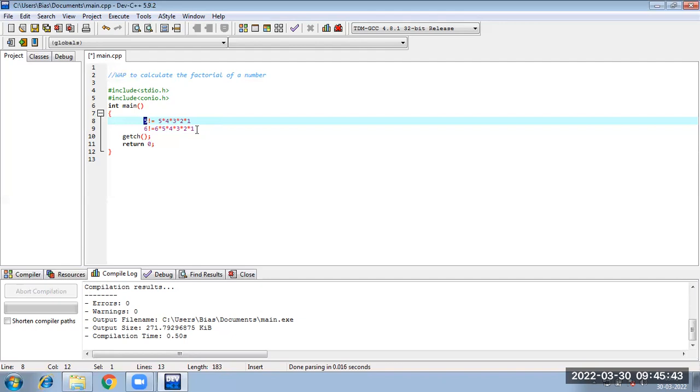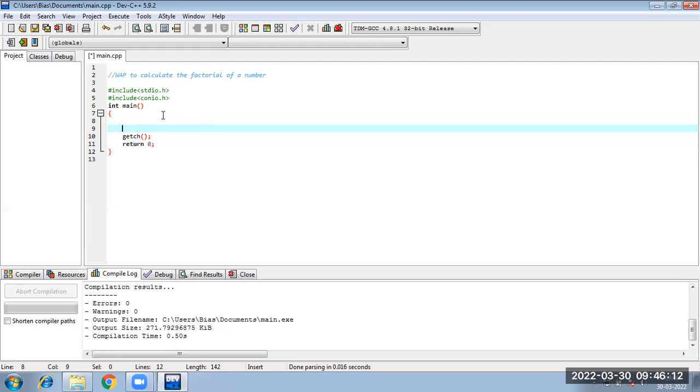Just like for the summation of numbers, we took a variable sum and initialized it to 0, because we know 0 plus something gives that number only. Adding 0 to any number won't affect my result. Similarly, multiplying 1 with any number won't affect your result, right? Having said this concept,